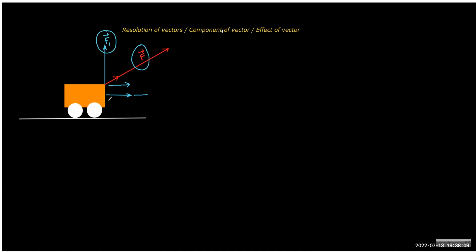That a force acting in any random direction is capable of producing some effect, even in the direction where it is not acting. Once again, a force acting in any direction is capable of creating effect even in the direction where it is not acting, except